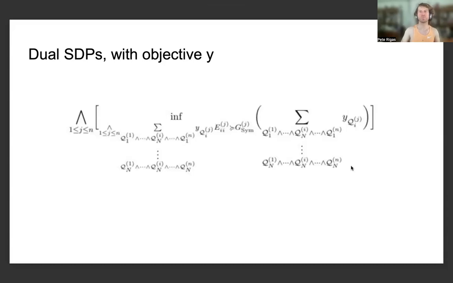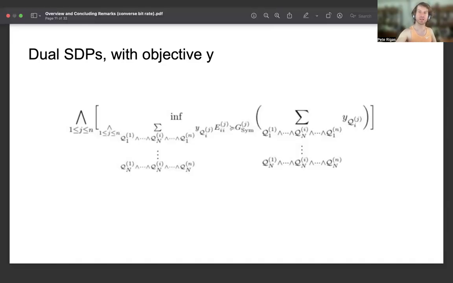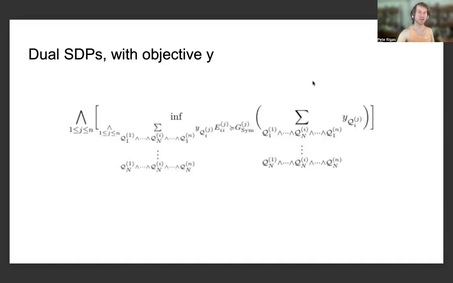And dual semi-definite programs with objective y are really given by this type of expression. I mentioned this more in the presentation in the series on the channel that was given in the last paper, but I feel it's helpful and interesting to highlight because it demonstrates how at the heart of several quantum information processing tasks is a statement of a constraint optimization procedure with respect to this partial ordering of the positive semi-definite cone,